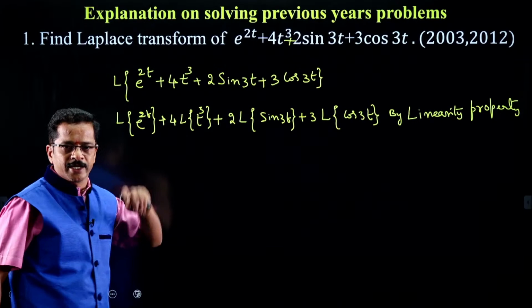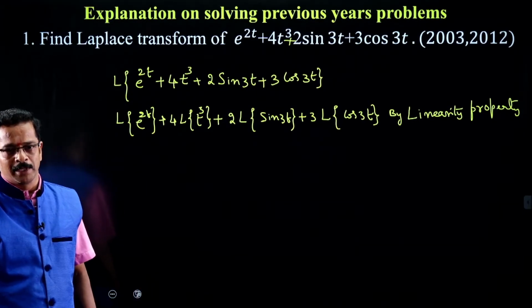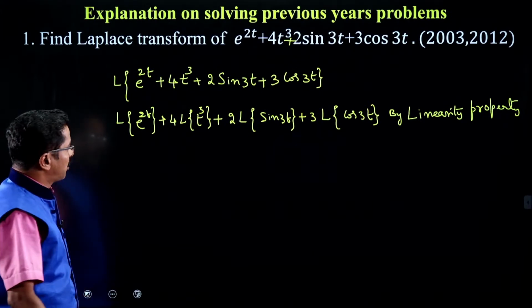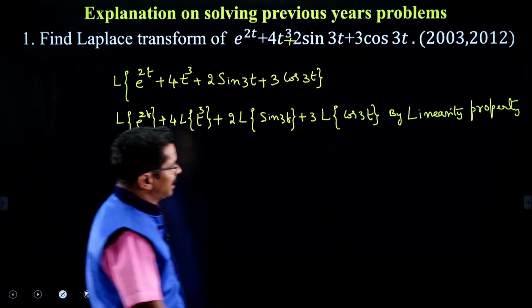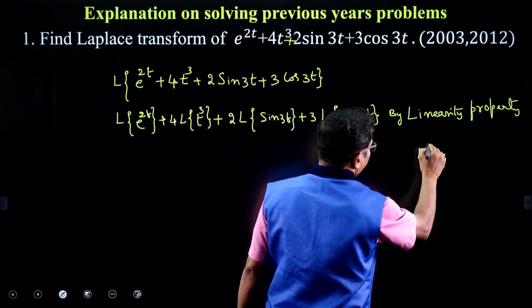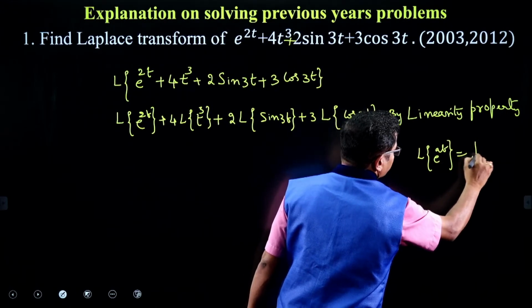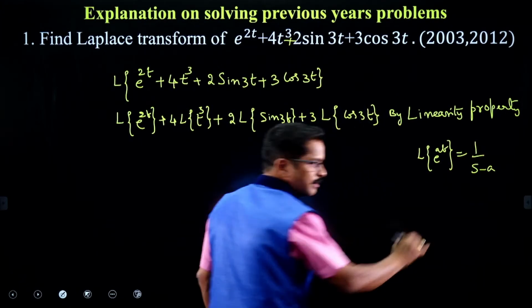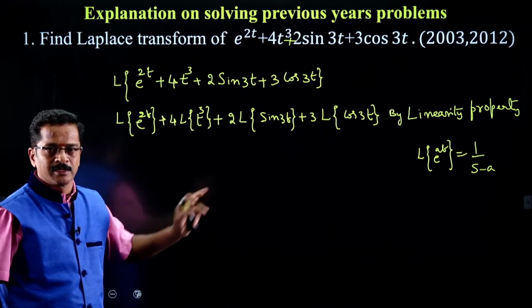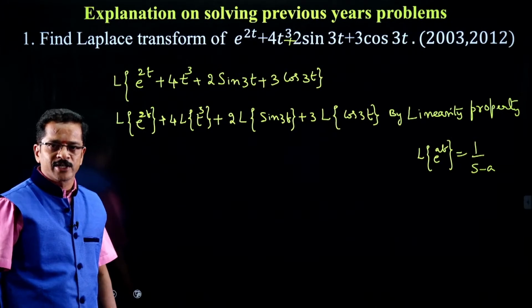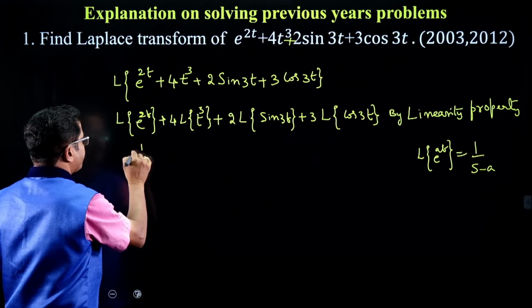I am writing this by linearity property. Now you apply the formula. What are the formulas we had here? L of e power at is 1 by s minus a. That we had in previous slides, the Laplace transform of standard functions. So L of e power 2t means 1 by s minus 2